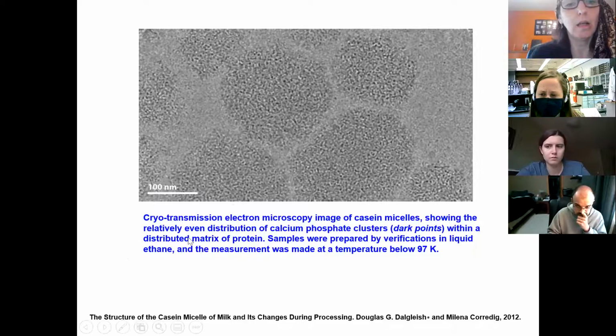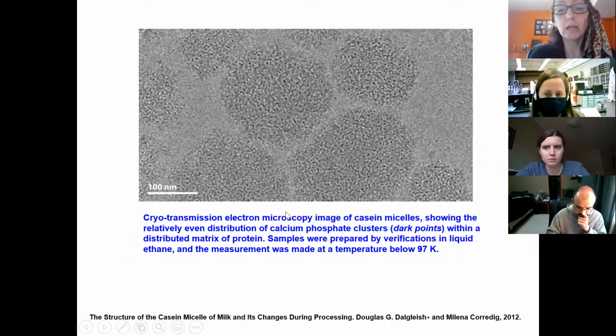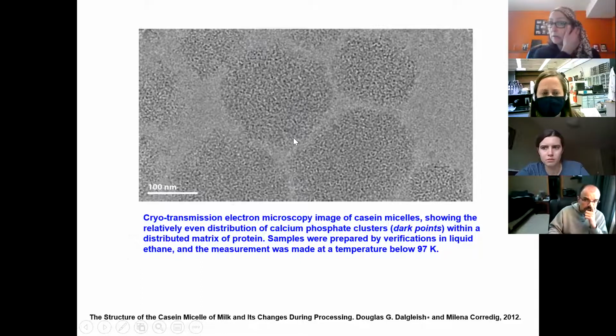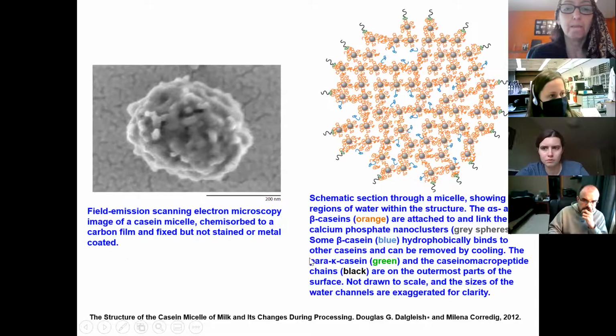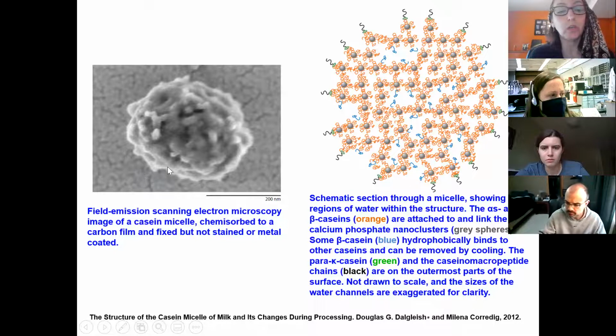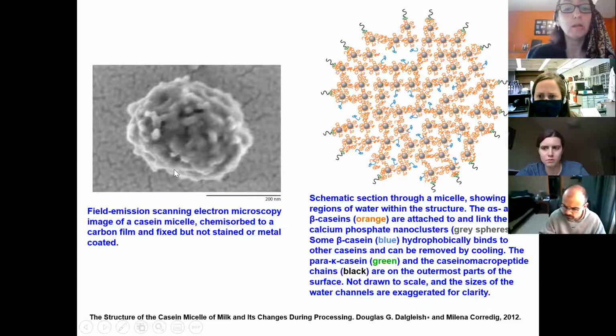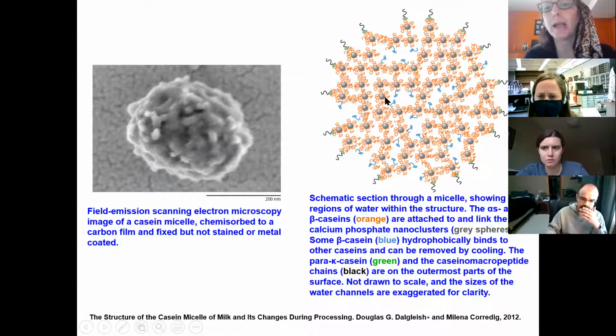This is a cryo-transmission electron microscopy image where you can see the casein, and the dark spots are your calcium phosphate clusters. This is another image, field emission scanning electron microscopy, of a casein micelle. And this is a schematic